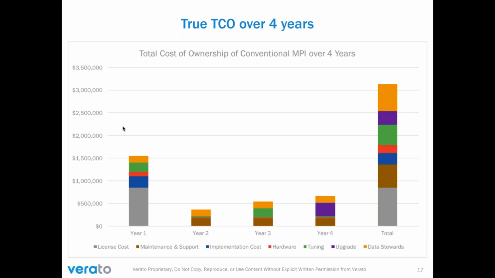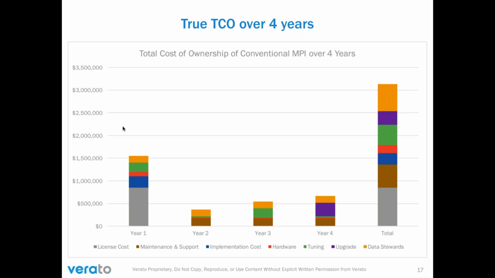But this just gives you a visual for what that TCO looks like over, in this case, a 4-year period. So year one, there's a big major cost for acquisition of the MPI license. The implementation is a big chunk, actually probably bigger than shows up here on this chart on the left. And there are those initial costs, and organizations do a pretty good job of estimating what that year one cost is going to be. But then over time, they have a tendency to think that you've purchased the software and therefore your expense is done.